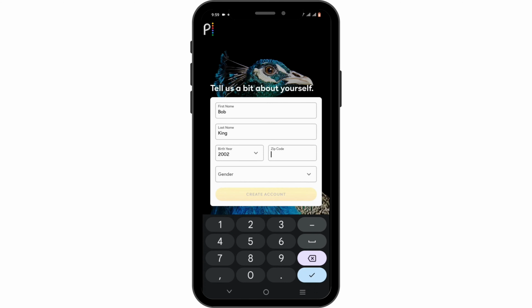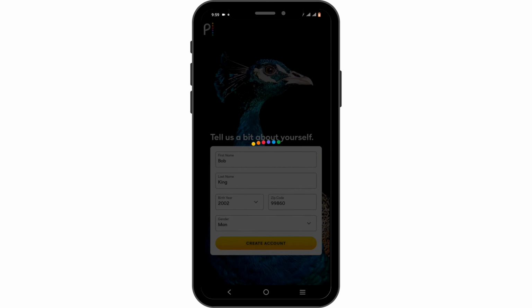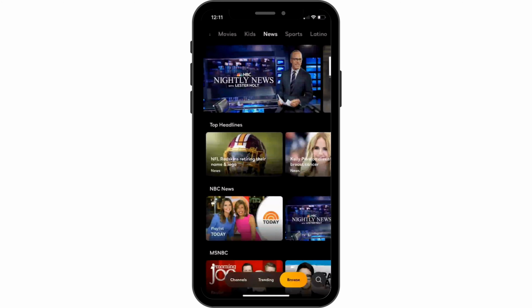Not only this, even your gaming console does support Peacock. All you need to do is access the App Store on your gaming console. Find the Peacock app on your console App Store and download it. Now all you have to do is simply log in to your Peacock account. You will not require any additional PIN for it. Just make sure you already have a Peacock account, then just enter your credentials and enjoy it on any device that